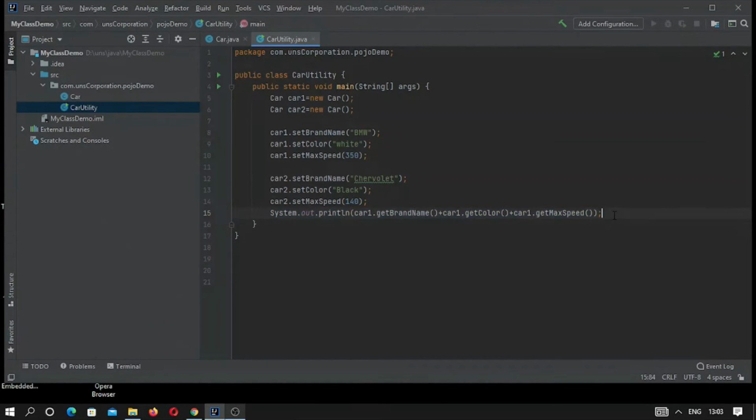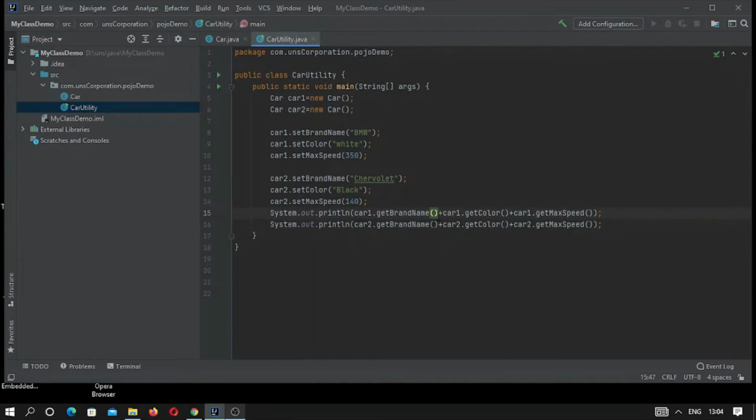Okay, and here we have taken car2. So this is a car named BMW.